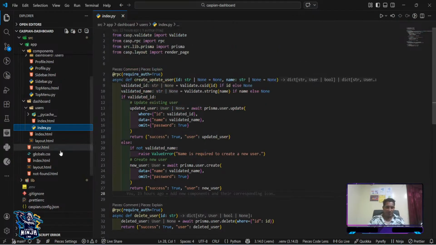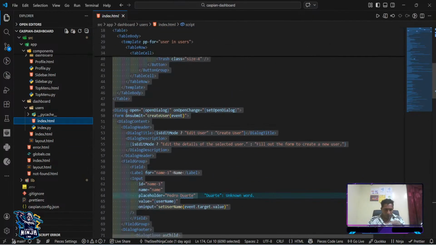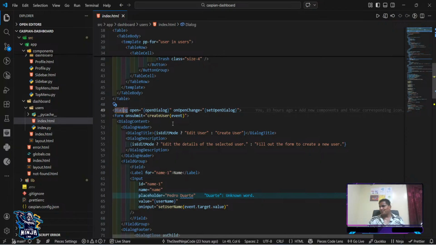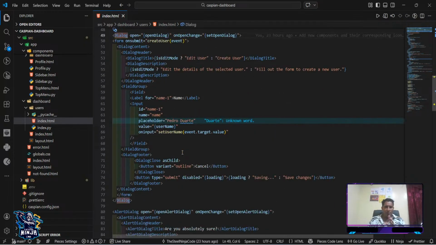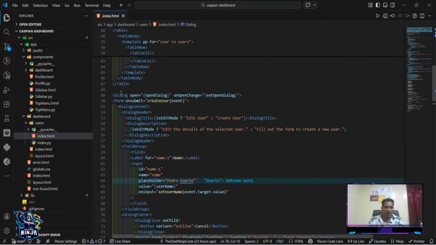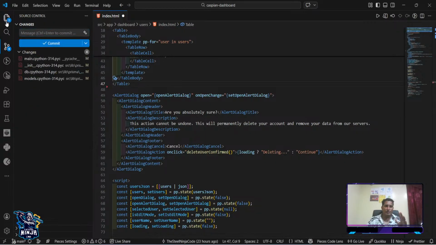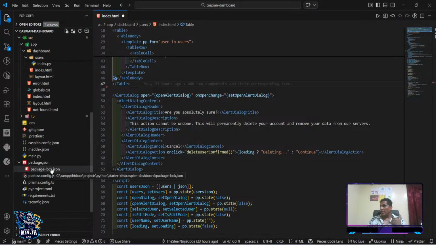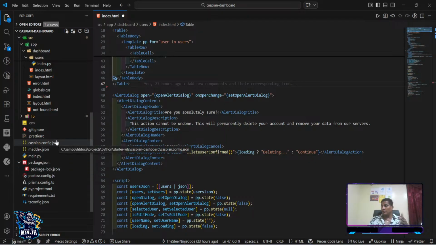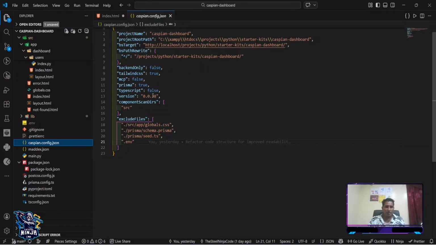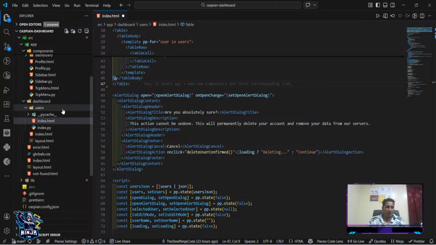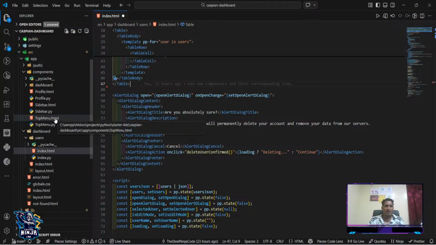Okay, first of all, remember we were working in the user. We want to separate the dialog into a component and open it from the index HTML. So first of all, I'm going to start copying this section, because I haven't uploaded the framework, so it was my bad implementing the composition component, and I want to fix that issue. As you can see, 38, but we're going to update the framework after finishing implementing the composition